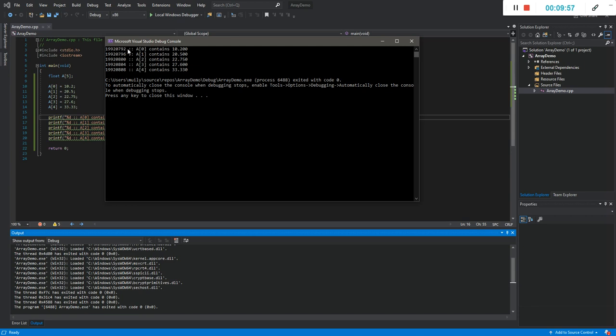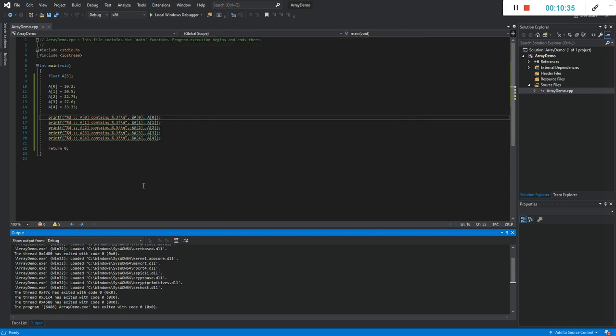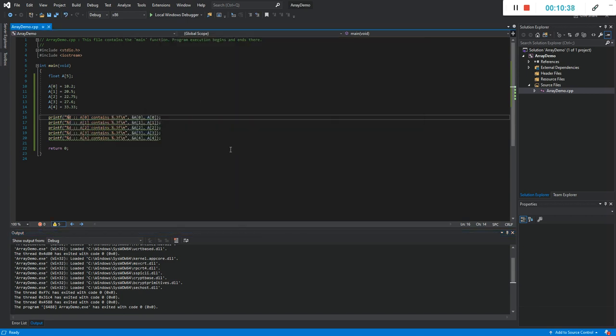So you can see that the starting address of the first element A0 of the array is blah blah blah 92, and the address of the next element is 96, and the difference between the two is 4, and the next one is at 796, and then the next one is at 800, a difference of 4 again, and the third element is at 804, and the one after that at 808. So they're all located right next to each other,